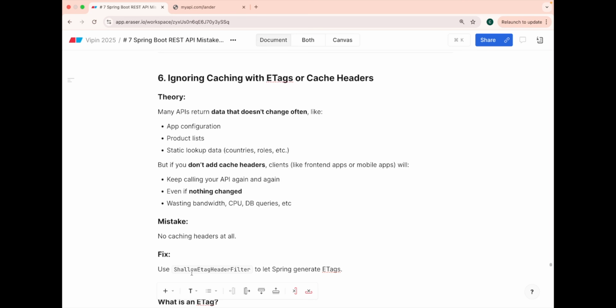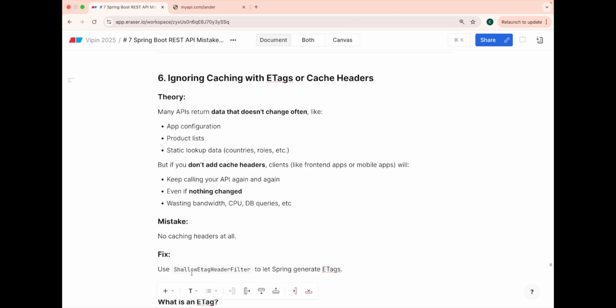For example, you have the product details. Say, I have an iPhone. Its description is iPhone Pro Max. Its battery life is this and it is expiring 2026. So if I'm in 2025, I can easily cache this data for 1 year because it is not going to expire till then, or at least for a month. So you can decide your data can be cached for X amount of time and you are the best one to do that. So when you're giving a response back to the client, why not give this in the header?